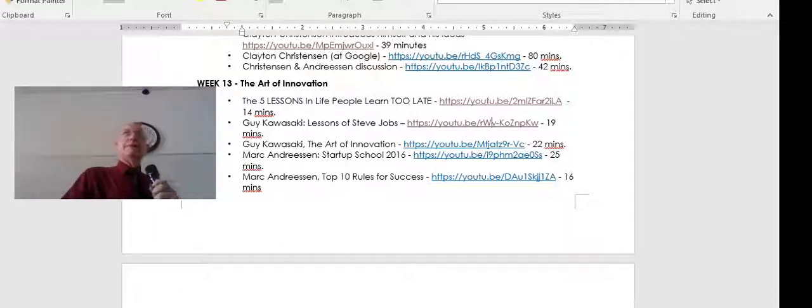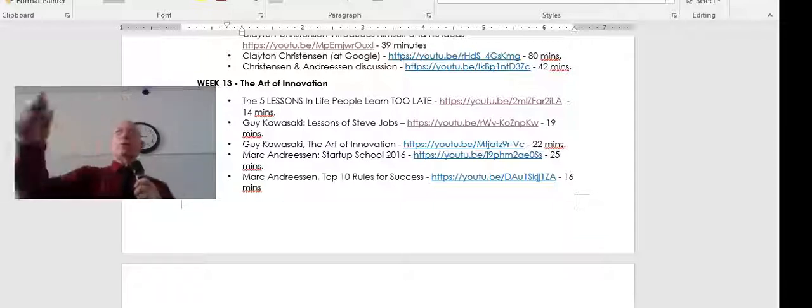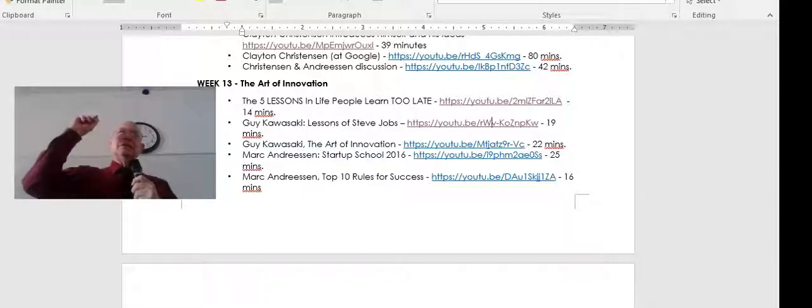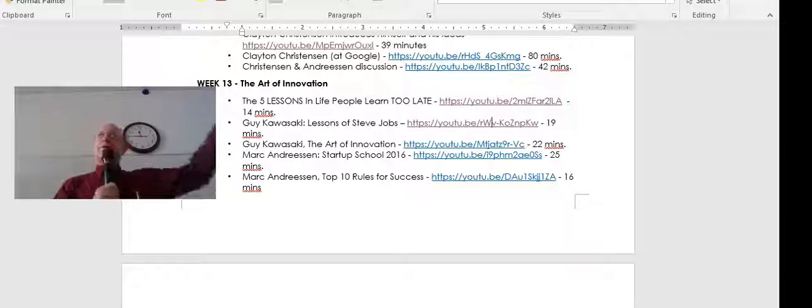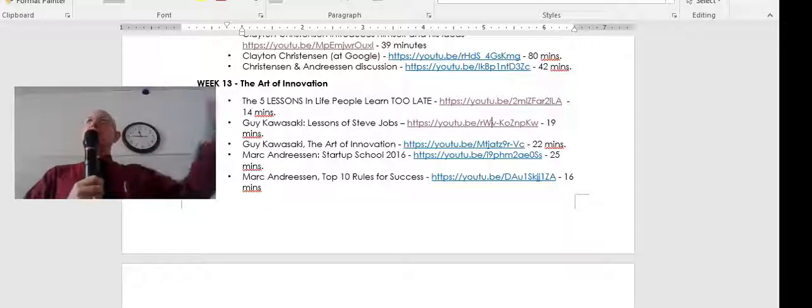So the idea of "don't worry, be crappy" also applies if you have a market for that crappy. If it's better than nothing, then you have some place to go. It was interesting that Guy Kawasaki was talking about the refrigerator, ice 1.0 and ice 2.0 and ice 3.0, because Christensen kind of brought up, it wasn't actually ice 4.0, but it's the disruptive version of what Guy Kawasaki was talking about with the transition of ice from sawing it in the lake to manufacturing ice to having a refrigerator.